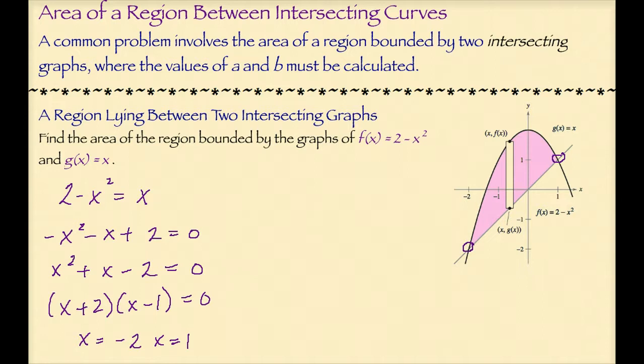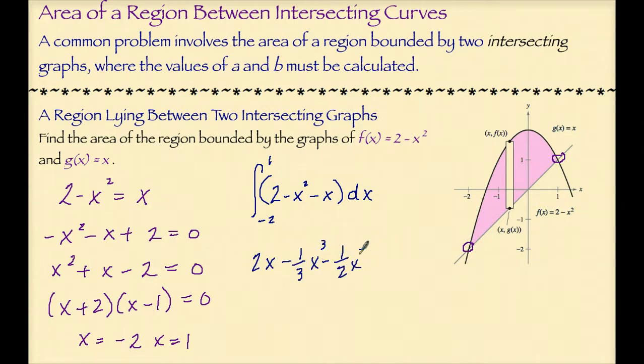Now we can set up our integral. We'll be integrating from -2 to 1, the top curve, which is 2 minus x squared, minus the bottom curve, x dx. The integral will be 2x minus 1/3 x cubed minus 1/2 x squared, and we're integrating from -2